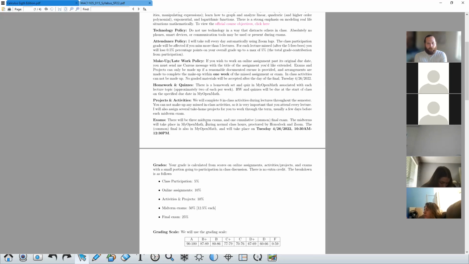All of these will occur during normal class time, right? So you'll join a Zoom meeting just like normal. They'll be proctored by HonorLock and Zoom. The Zoom is going to be on your phone for the tests rather than on your computer or some other secondary device, a tablet or a second laptop, whatever you want to use. And then on your main device where you're actually taking the test, you'll have to run HonorLock.